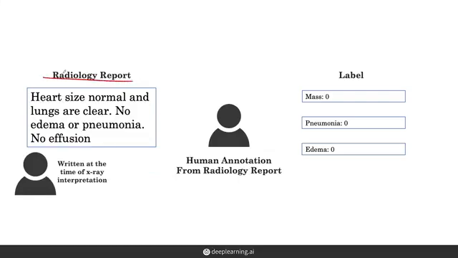When a doctor orders an imaging exam like an X-ray, a radiologist writes a report that includes their interpretation of the exam and highlights findings. The alternative to looking at images to get these labels is to annotate using this text from the radiology report. Here, for example, no diseases are mentioned to be present, so we can mark the label equal to 0 for all of the diseases. Of course, this is also a time-consuming task for a human annotator to do, although it's potentially faster than looking through all of the images again.